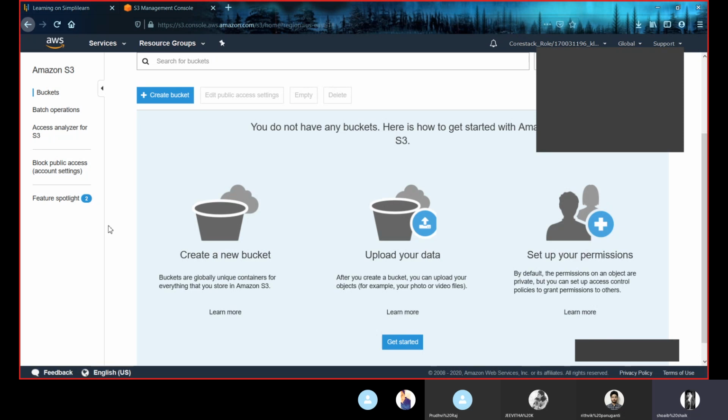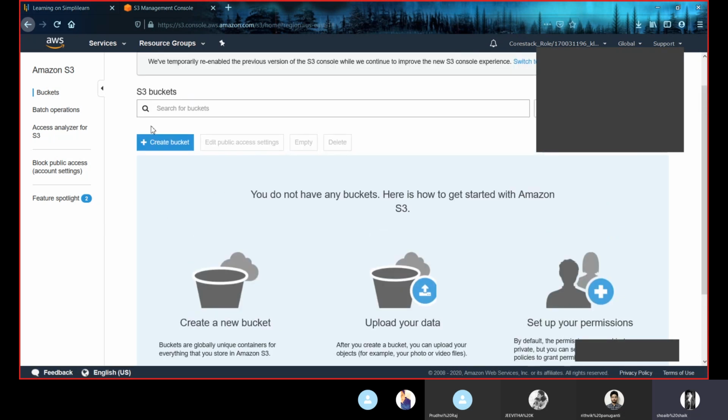This is the Amazon S3 dashboard where we can create a bucket, and in a bucket we can upload, and we have permissions, we have our requirements. Based on our requirements, we can enable versioning control, we can add a lifecycle rule. So today we'll be discussing the last topics of Amazon Simple Storage Service. Those are security and encryption, and the other one is best practices and costs of Simple Storage Service.